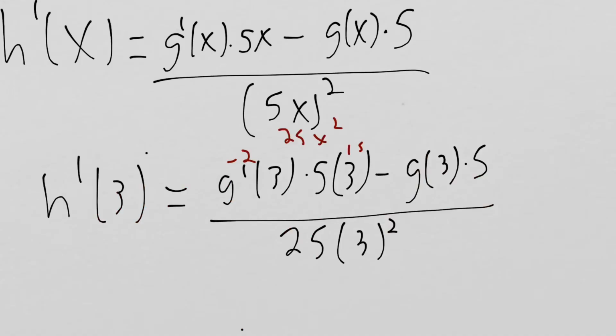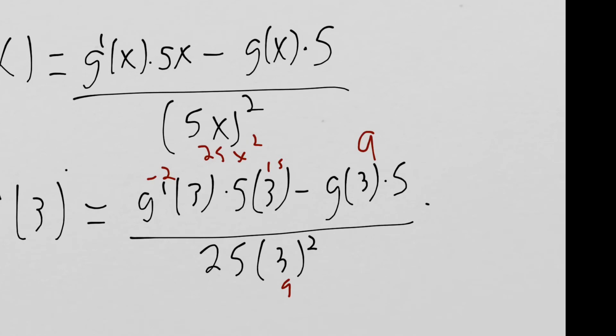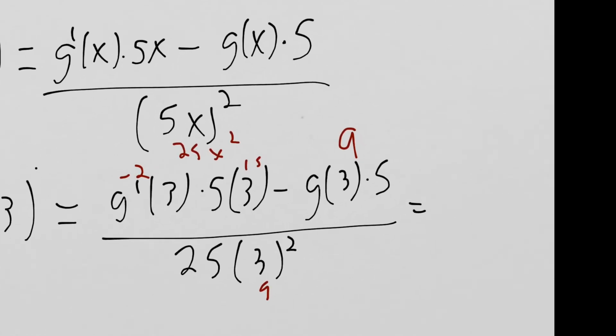And let's say we were wrong about that. We would still get credit for using our same answer from part A. They will not double count us wrong. So g of 3 is 9, and then obviously we have times 5, and that's over 25 times 9. So then let's do a little simplification here. We have negative 2 times 15 is negative 30. And then we have minus 9 times 5 is going to be minus 45, and that's going to be all